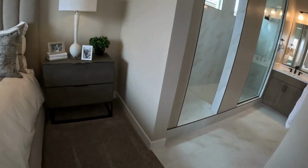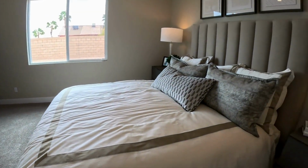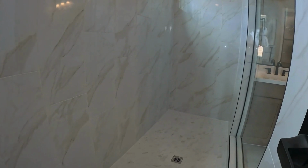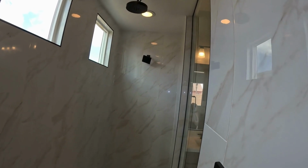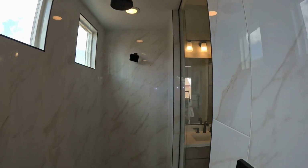Let's take a look at it from this side. And then you have your walk-in shower. So these are one of those showers where you have to watch your step and kind of step up into it and then step down into the shower area where you have this one has a rainfall shower head above as well as a regular shower right there on the wall. So quite a bit of space, especially if you have a